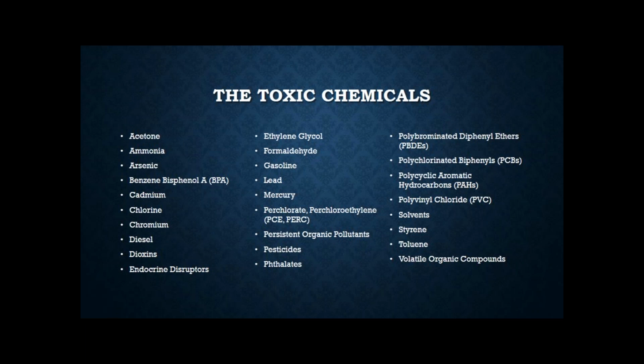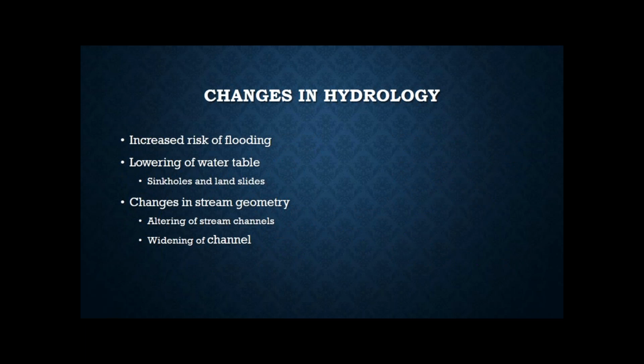Another chemical on the list is PCBs, polychlorinated biphenyls, I believe I pronounced that right, which, similarly to dioxin, travels up the food chain and can disrupt thyroid hormone levels. It can lead to cancers, harm your immune system, and it can affect your nervous and reproductive system in both humans and animals.